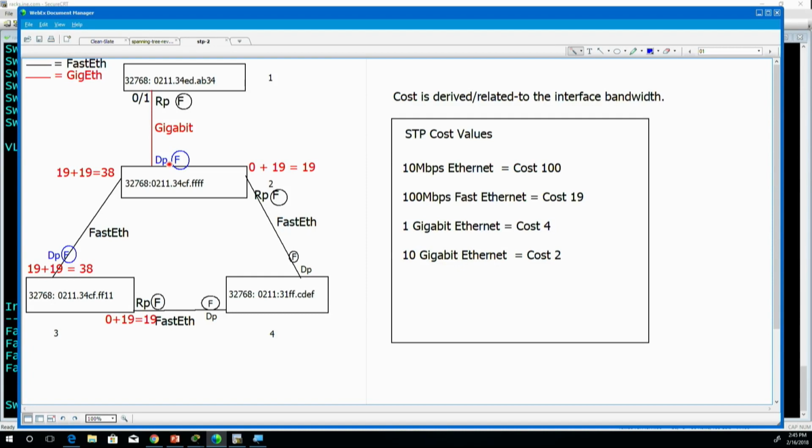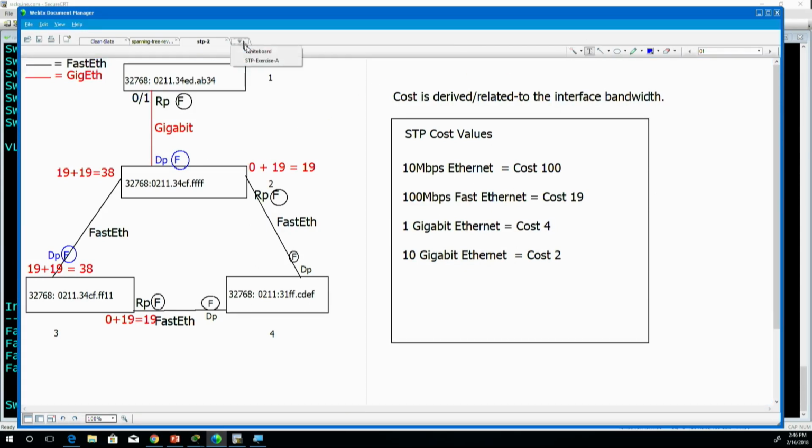So that was step number 3. Step number 1, once again to recap, identify our root bridge. Step number 2, go to every switch that's not the root bridge, identify their root ports. Step number 3, go to every single link and make sure there's a designated port. If there isn't one, figure out which side of that link will be the designated port. And then step number 4, whatever's left